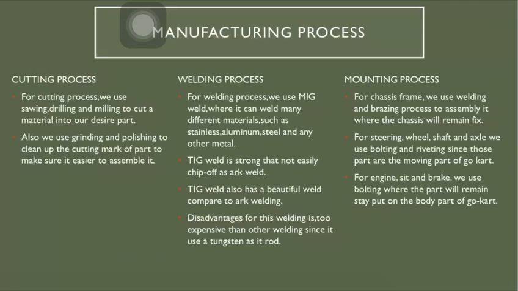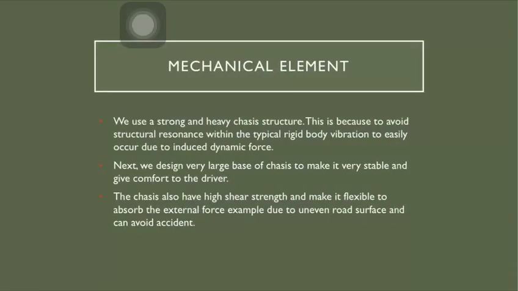Mounting process. For chassis frame, we use welding and brazing process to assemble it where the chassis will remain fixed. For steering, wheel, shaft, and axle, we use bolting and riveting since those parts are the moving part of the go-kart. For engine, seat, and brake, we use bolting where the part will remain stay put on the body of the go-kart. As for the mechanical element, we use strong and heavy chassis structure. This is because to avoid structural resonance within the typical